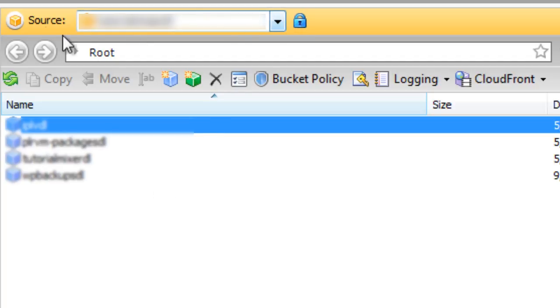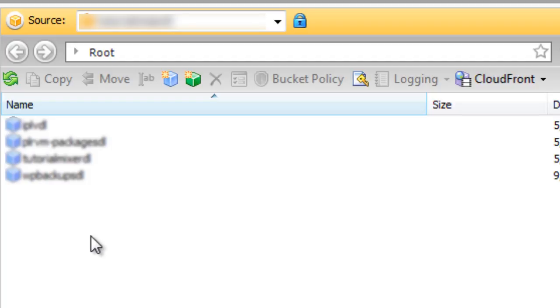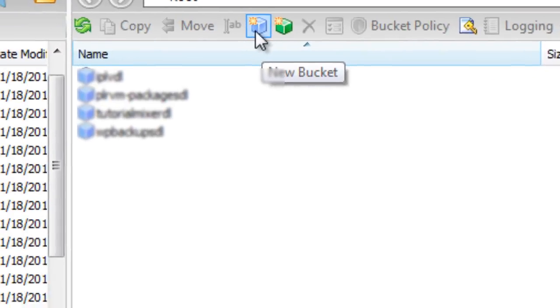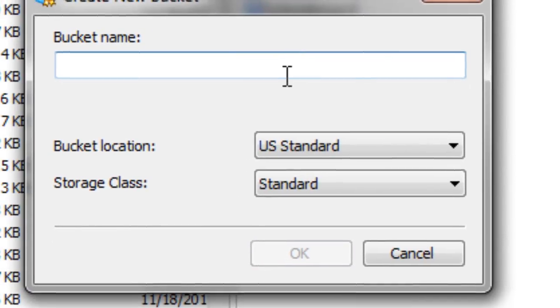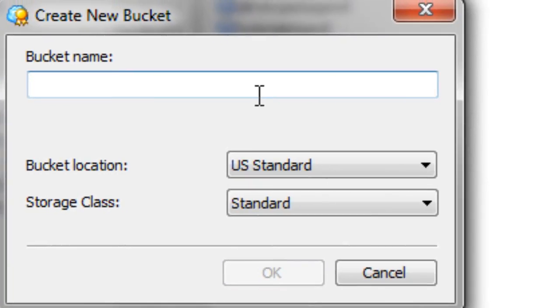So assuming you have clicked the source, you've chosen your Amazon S3 main account, you will see the buckets here. Now, as you can see, I have 4 buckets, but within those buckets, I've got a lot of files. Now, to create a bucket, it's easy. All you have to do is click on the blue square icon. Then we create a bucket name, and keep in mind that you want to name it using a naming convention